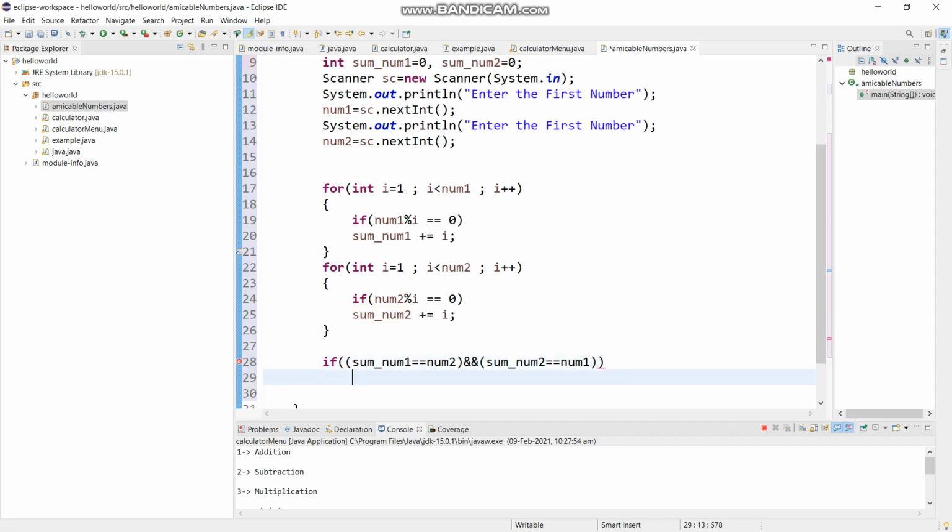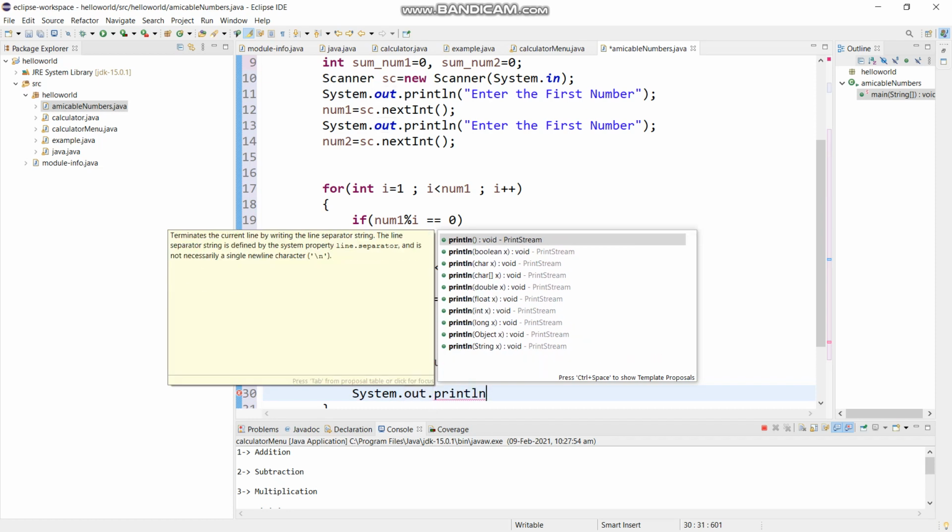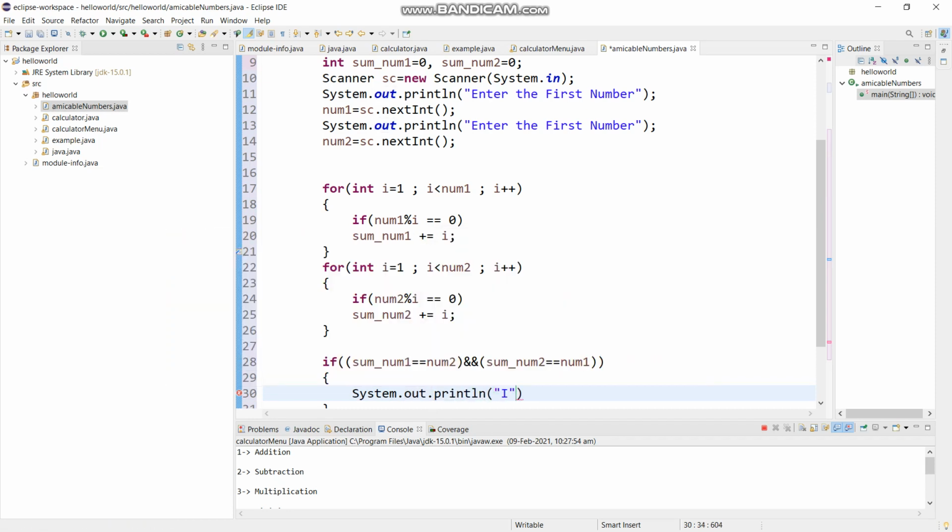Also I need to have this printed on the console as an output. So I will use the println method to print it on the monitor: this is an amicable pair.